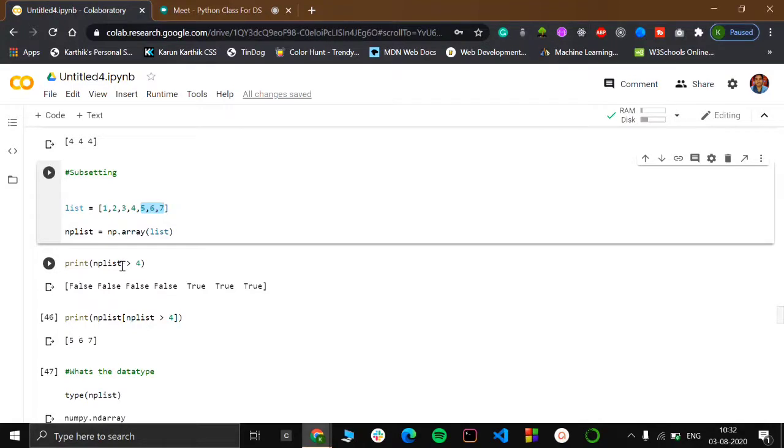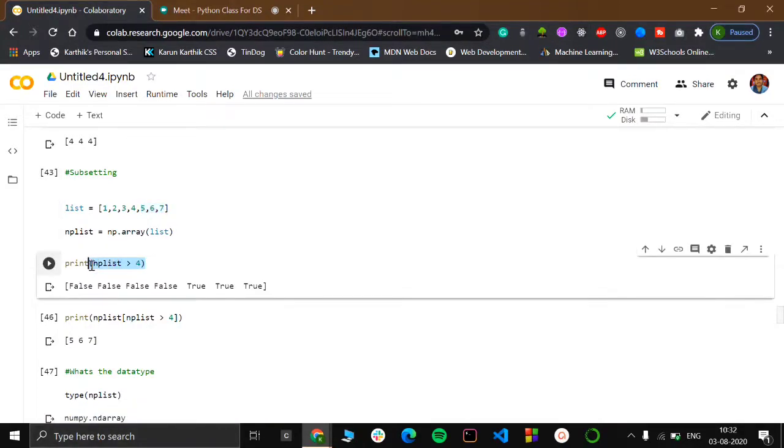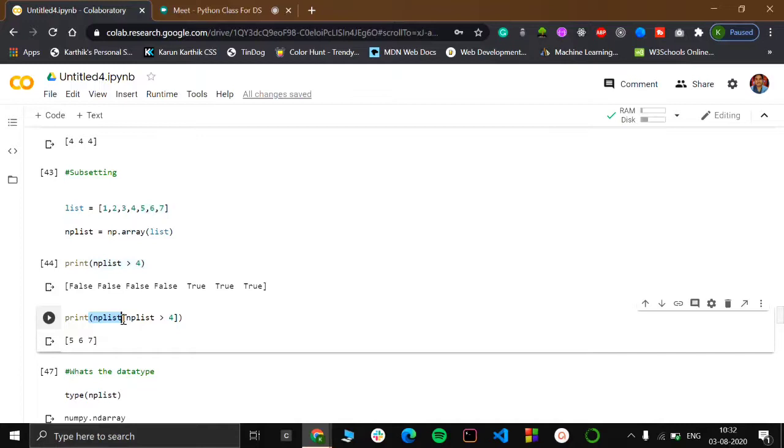For values which satisfy the condition, it returns true, true, true. And for those which are not satisfying this condition, it gives false, false, false, false. So when I want to print those elements, I would use np list, and in that list I want to return those values which are greater than 4. So that is the whole concept here.